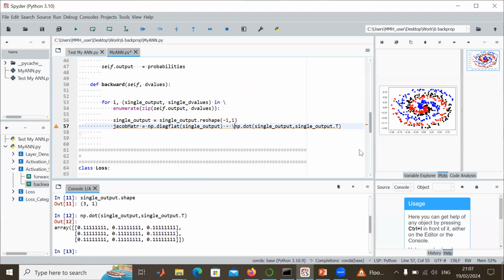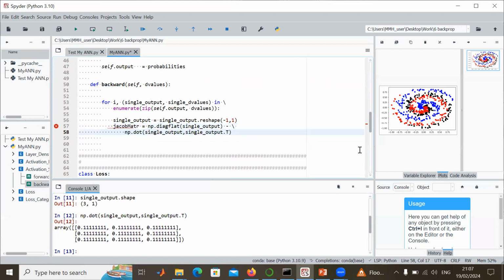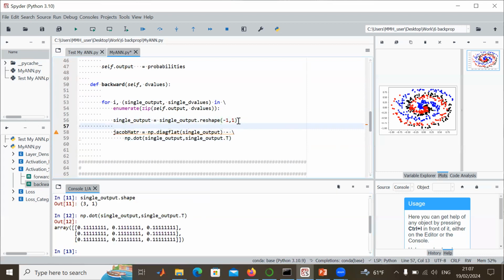And also here, I want to just add a line break, and also here, be careful that you don't get this error message here. Okay, so that calculates a Jacobian matrix. And now we have to multiply the Jacobian matrix with the outer derivative, which is in single values. So we have a matrix now that we multiply with a vector, which returns a vector again, and we can